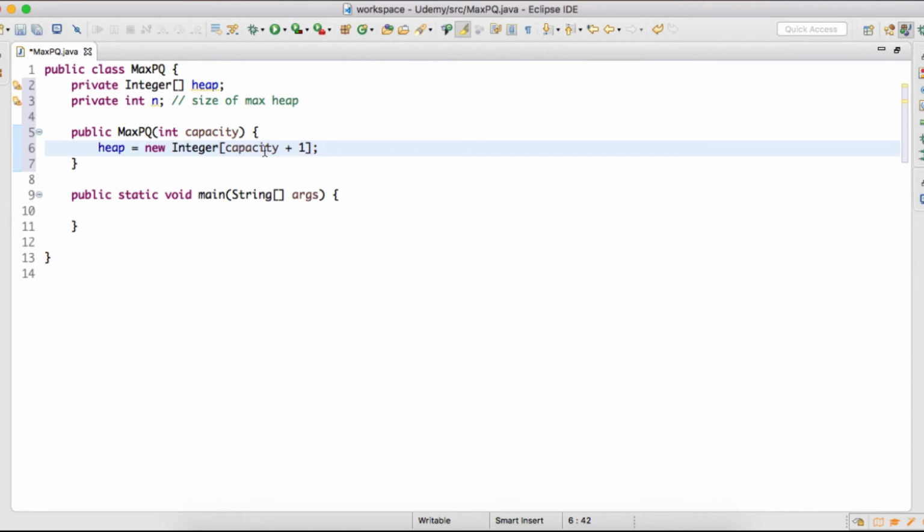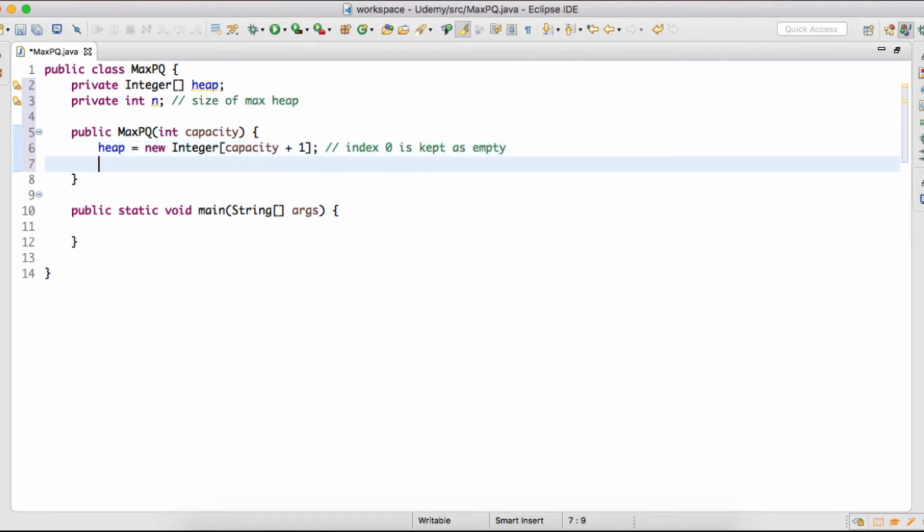The reason we take capacity plus 1 is because index 0 is kept empty. And we simply initialize the value of n to be 0, because when we initialize this max priority queue there are no elements in this heap, so the value of n is 0.